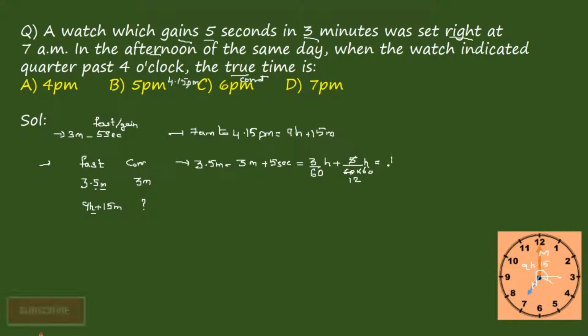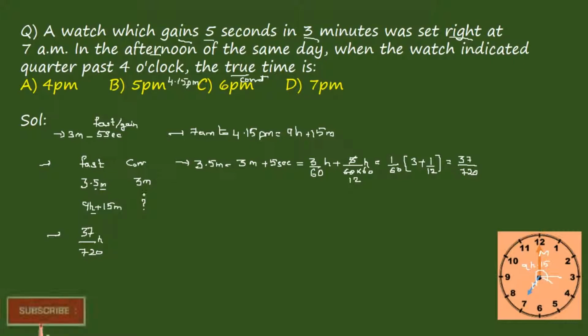If you consider 1 by 60 as common, it becomes 3 plus 1 by 12, which is equal to 12 3s are 36 plus 1, it becomes 37, divided by 60 into 12, it becomes 720. Right, so from here we can write it in forms of hours. It is nothing but 37 by 720